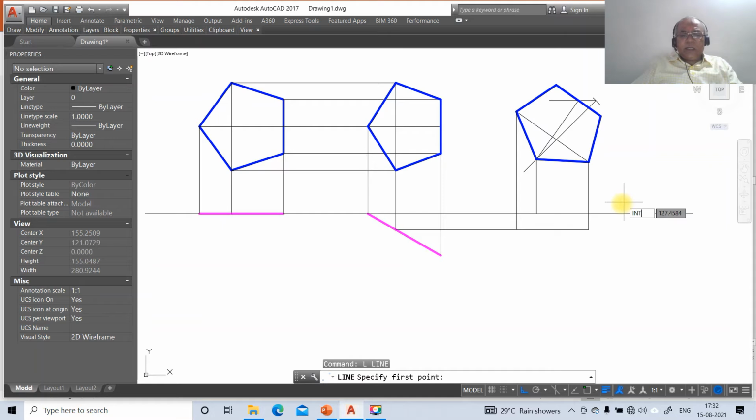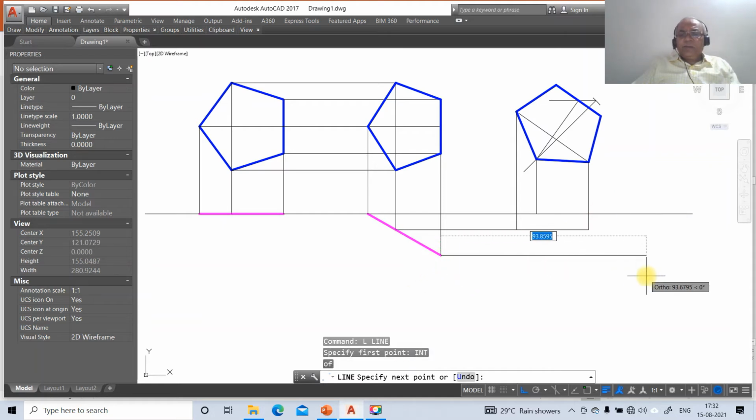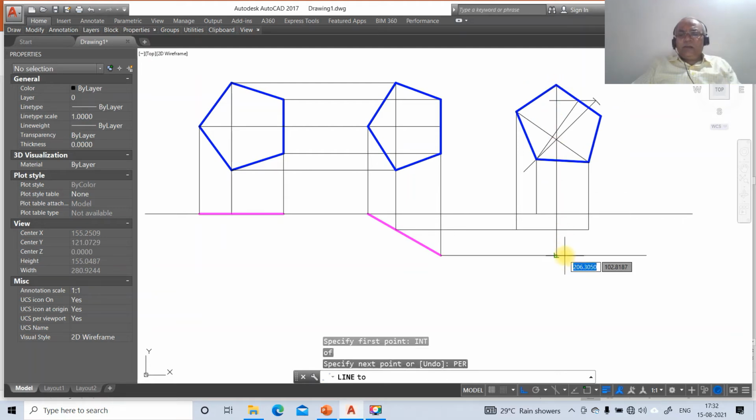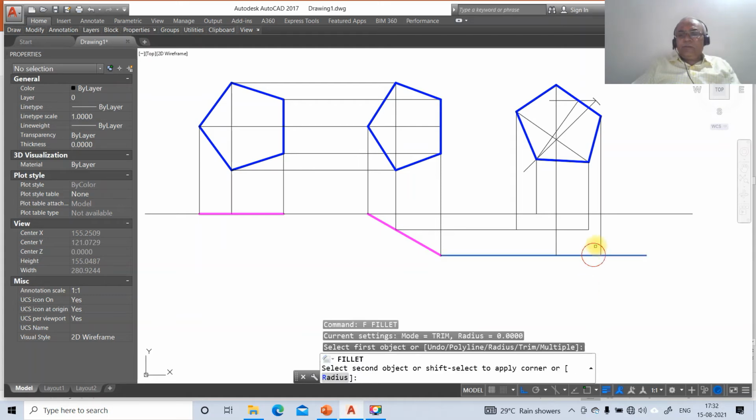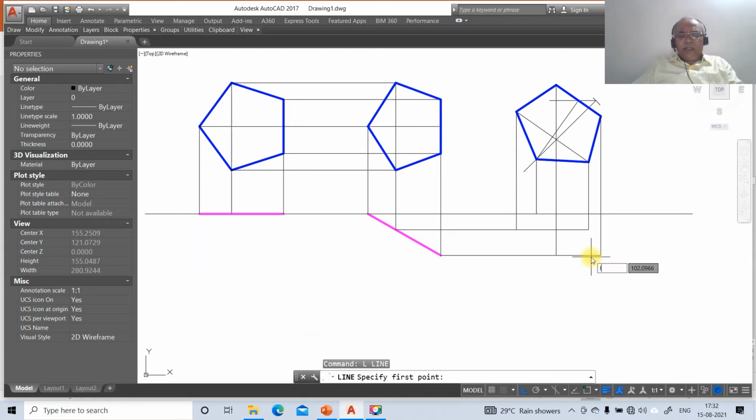Then go to line, take the intersection of this. Then go to line, take the intersection of this and draw a perpendicular to this line. Similarly, line, take the intersection of this and draw a perpendicular to this line. Then go to fillet between these two. Then go to line, take the intersection of this, take the intersection point of this